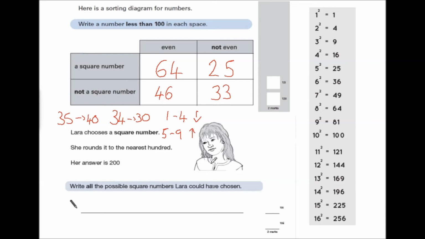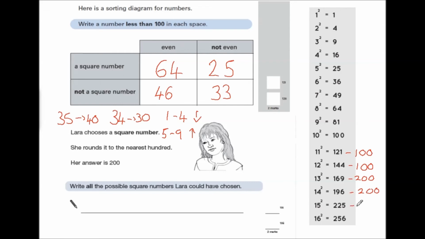Okay, now round to 100, it's same principle, but we just need to look at the tens column. So anything in the tens column, which is 1 to 4, including 4, we round down, and anything 5 to 9, including 5 and 9, we round up. So, for example, with these numbers here, 121, that would round down, because the 2 is between 1 and 4, so we round to 100. 144 also rounds to 100. 169 rounds up to 200, because of the 6. 196 also rounds to 200 because of the 9.